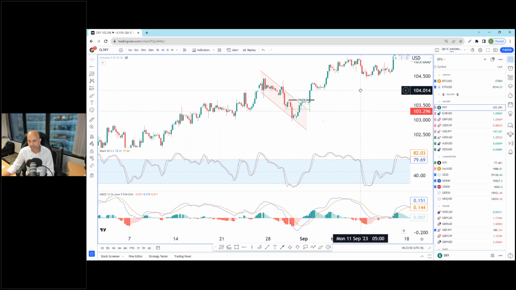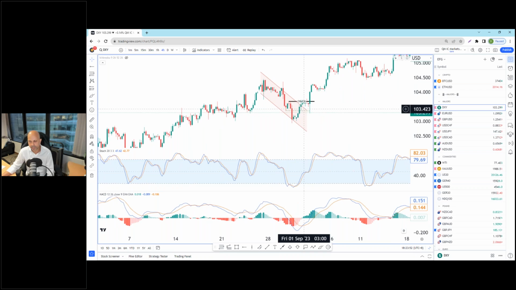If we zoom in here, you can see price has clearly broken above the upper trend line of the bearish channel. Even if I were to put it over here, price breaking above the upper trend line of the bearish channel, price has also gone above the previous high, and we have other technical indicators to give us a good level of confidence that what we are witnessing here is a potential bullish reversal.